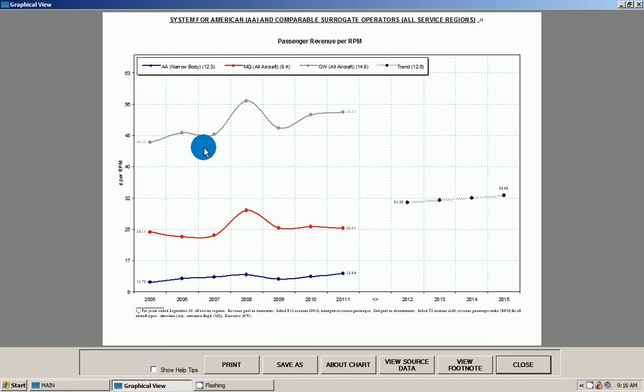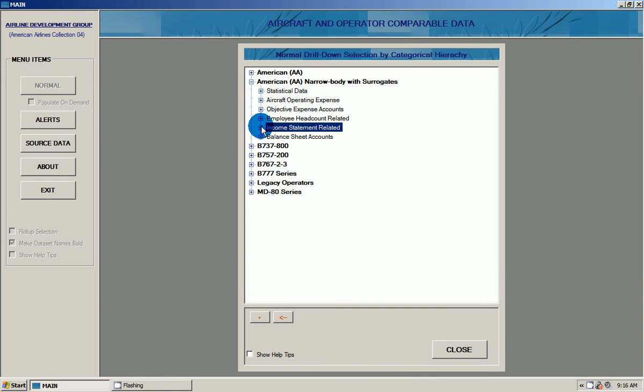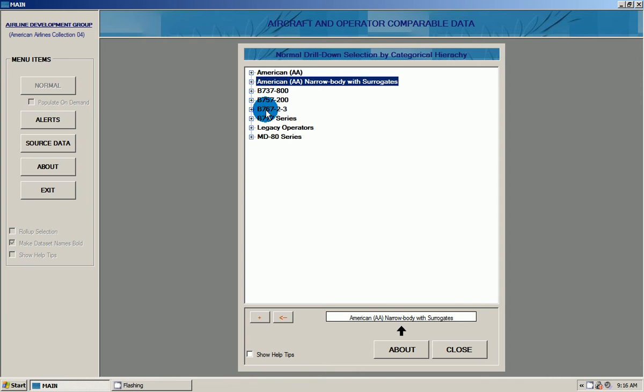Now this compares it against the Eagle and executive. Here's American Airlines. Okay. And so we want to really move down here and really look at some mainline comparables,